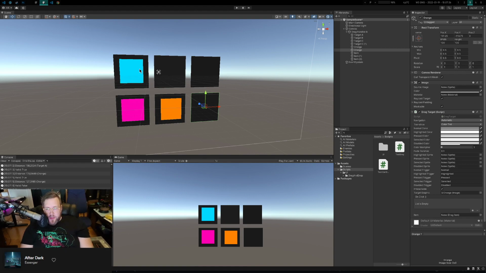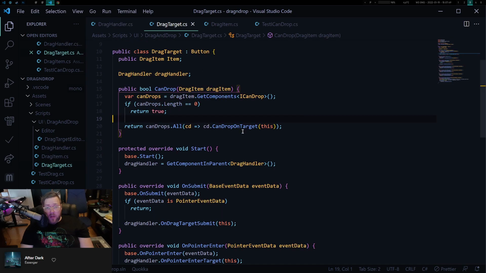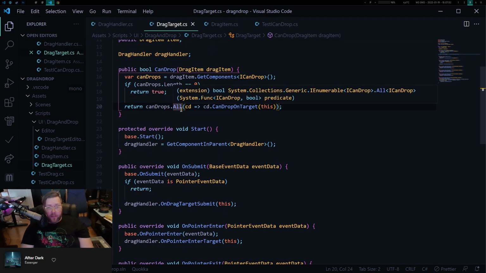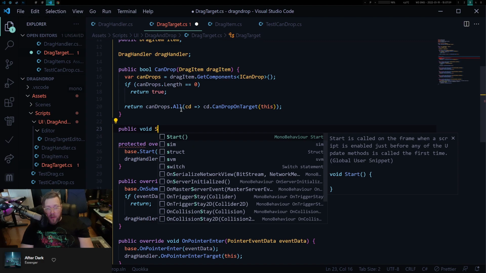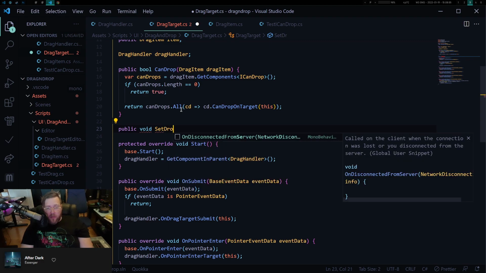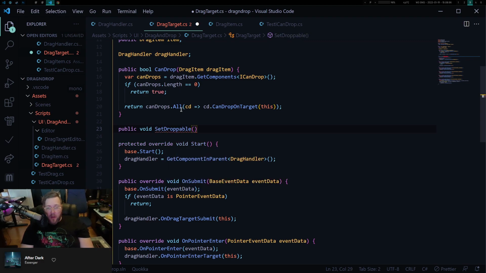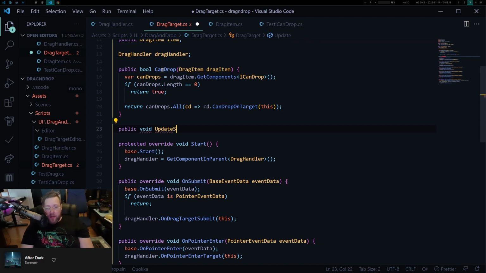So whenever I update, actually whenever I begin drag, I will tell the targets to set droppable, or I will actually, since we have this, we can say update status, or